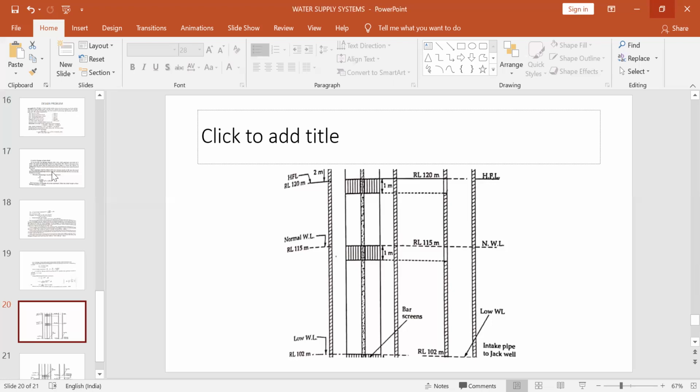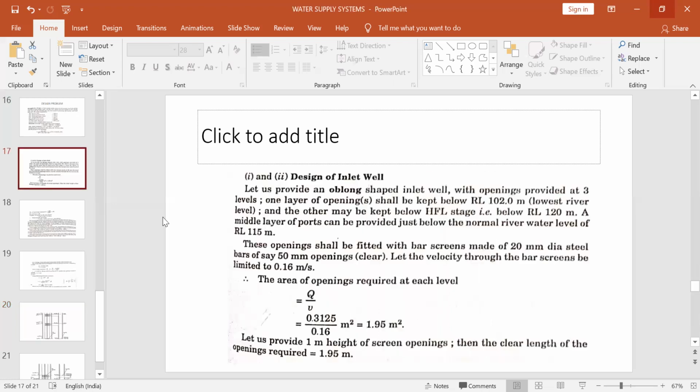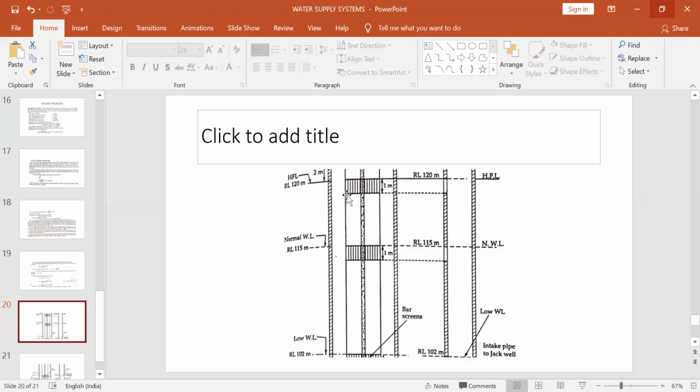Now see here. From these openings of the entry ports, you are providing oblong wells. Oblong means a shape that is straight sides and cylindrical combined. Oblong shaped intake wells you are giving, through which the water will enter or go out to the main pumping unit. Now, what is the diameter of the oblong well? For this you need to know the length from the first bar of the screen to the last bar of the screen. This length you need to know.